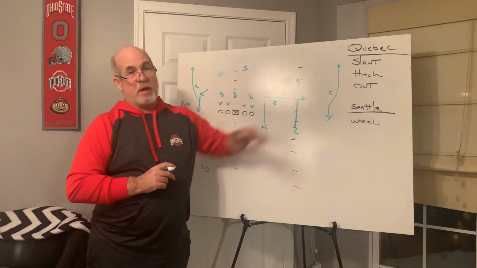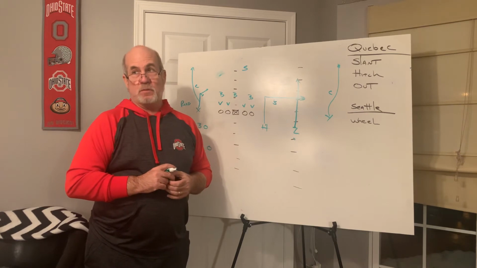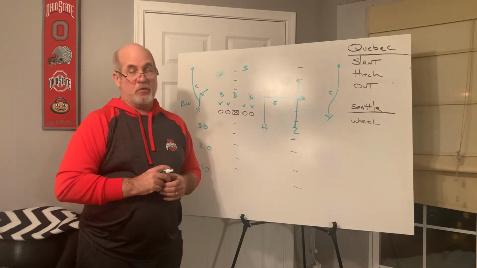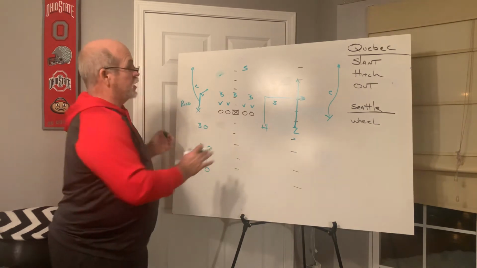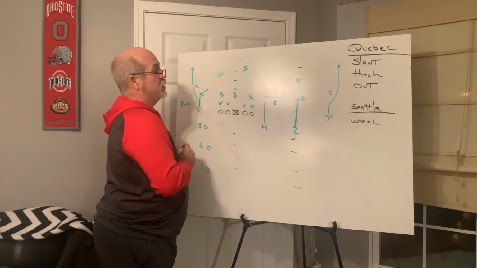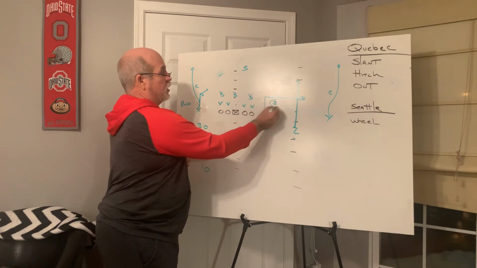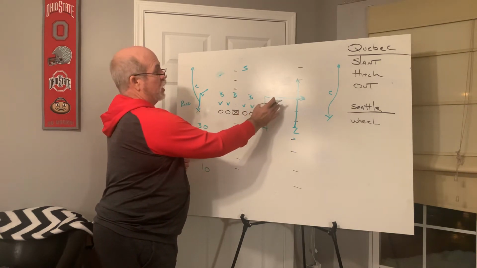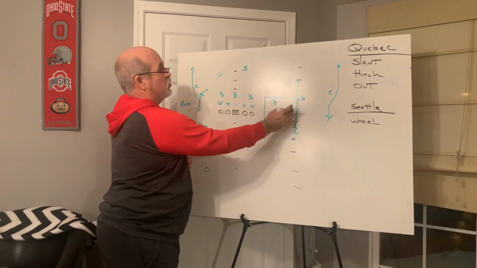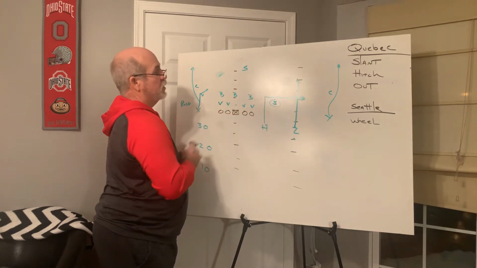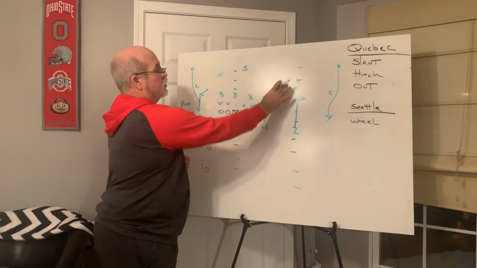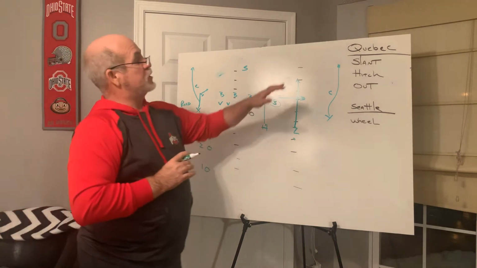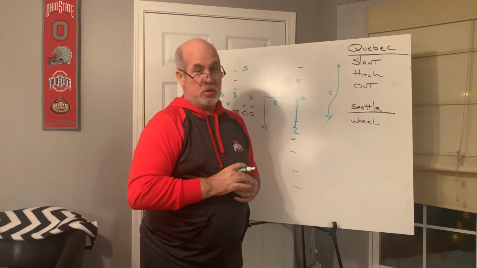Only consider throwing that ball if it's a wide open, easy throw and a matchup that you love. Otherwise, this is where we're working the field. Again, in this situation, and as how I see the defense right now, we would simply read this safety. All right. If the safety didn't cover this seam route, we'd just throw it quickly. If the safety did cover the seam route, we'd have the out running underneath. All right. So that's the slant, hitch, and out